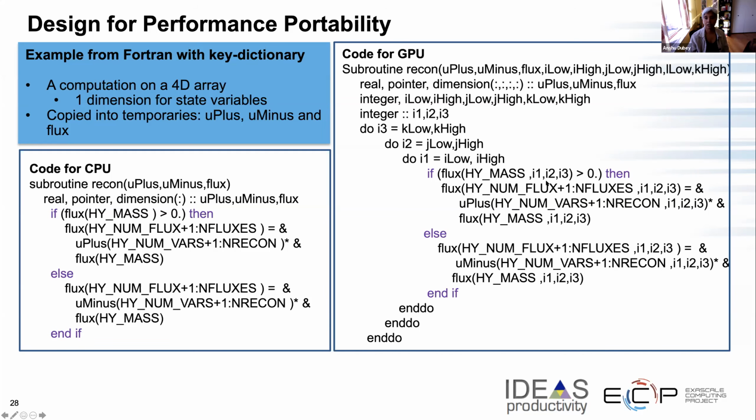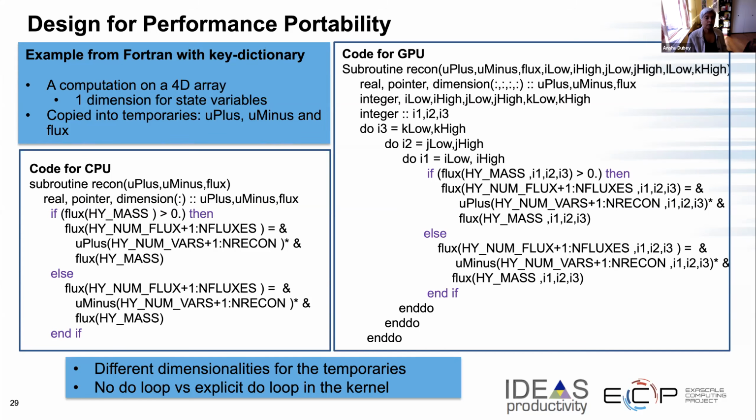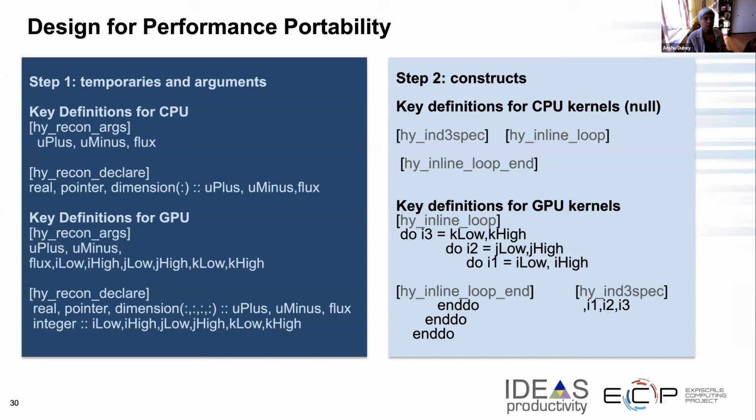This is identical between the two. And this is where actually the meat of the code is. Everything else is just control and logic. So what do we do? The first step is we define keys that take care of temporaries and arguments, where the key definitions are different